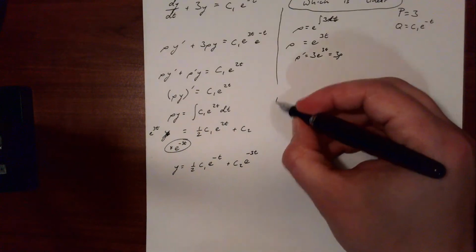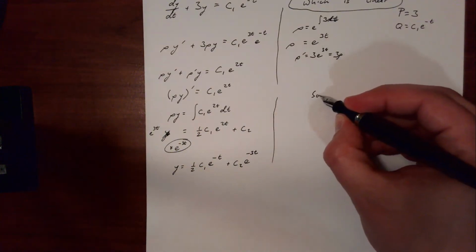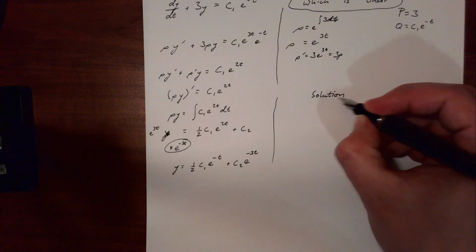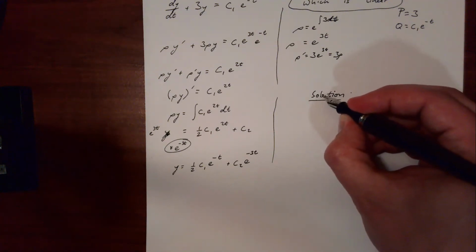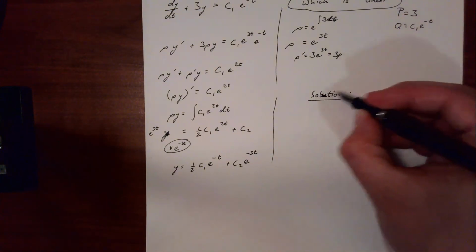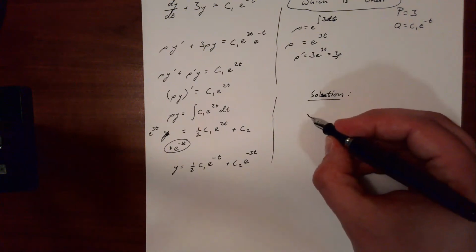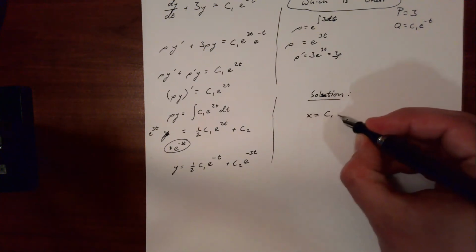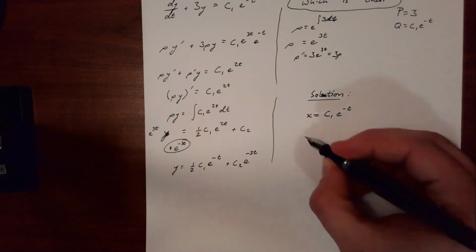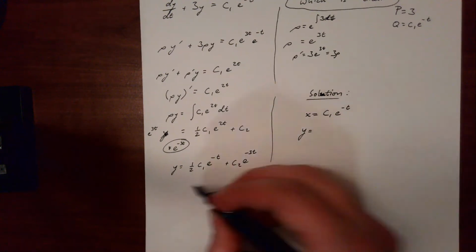So then our solution here just looks like x equals c1 e to the negative t, y equals, and I want to keep actually the